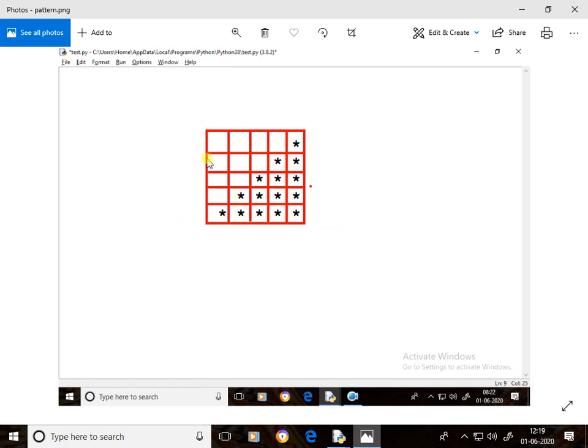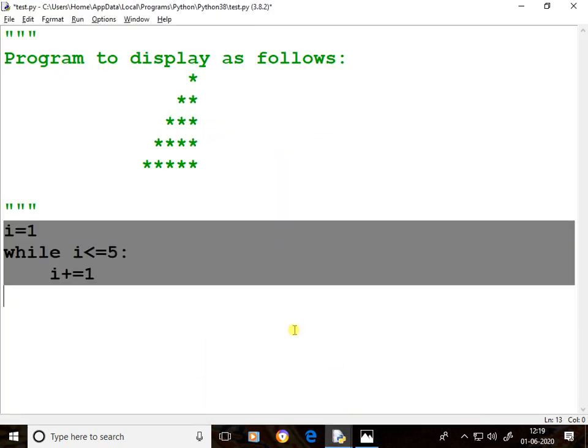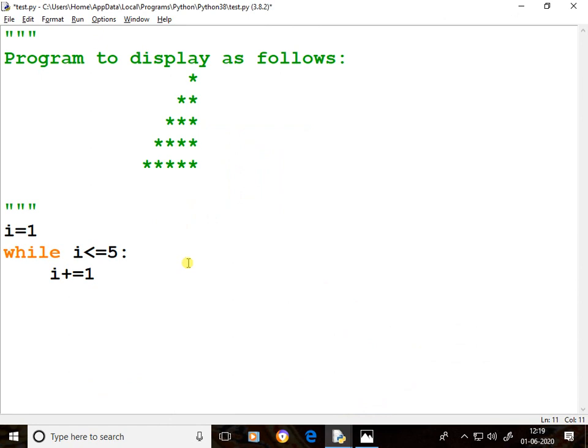First of all, I'll write a loop for spaces. Decrement order required. So j equal to 5 while j greater than i, j equal to j minus 1. In short form, j minus equal to 1. If you write like this,